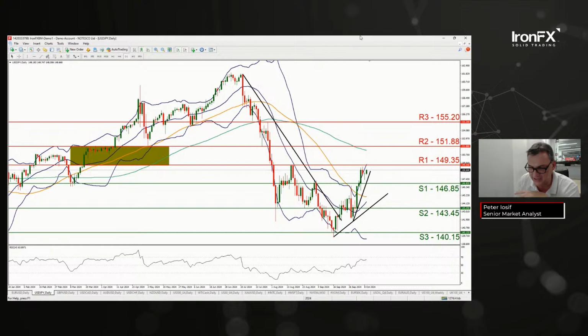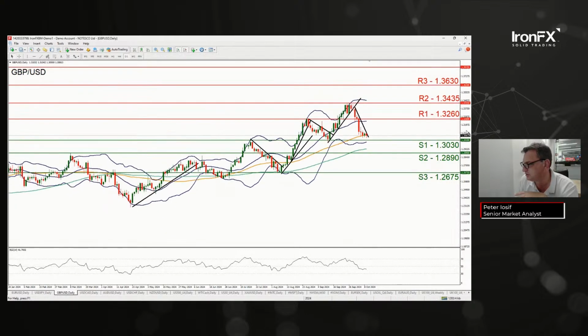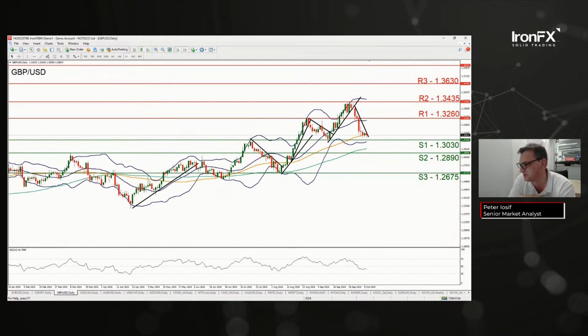Okay, let's have a look now at GBP USD, cable. Also some hesitation. The pair is also looking for direction in a relative stabilization. It's testing right now the downward trend line. For bearish outlook, I would require the pair to breach the S1 1.3030 and start aiming for the S2